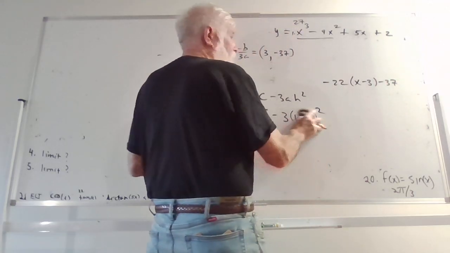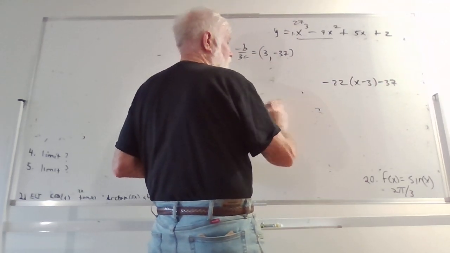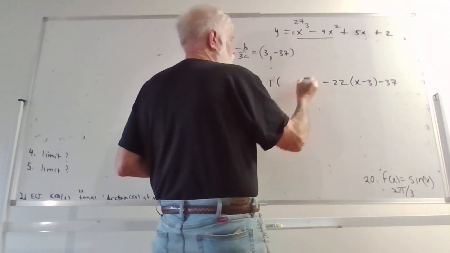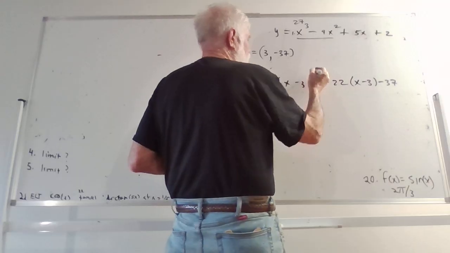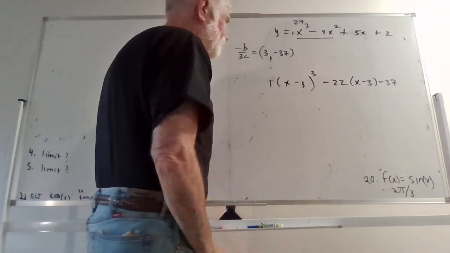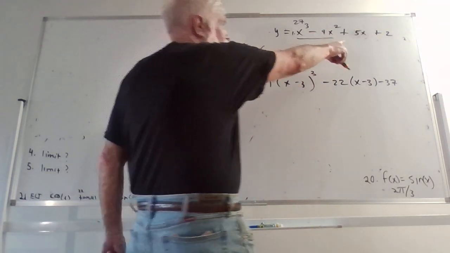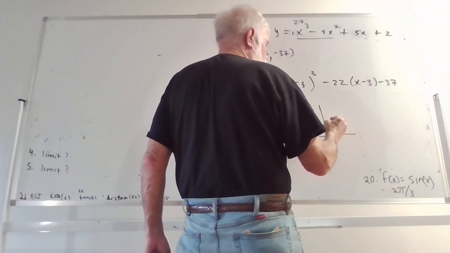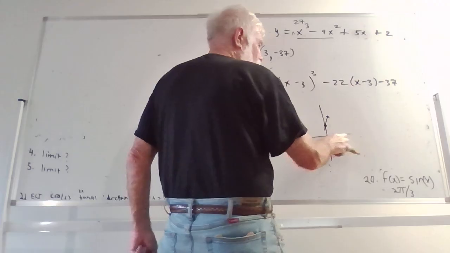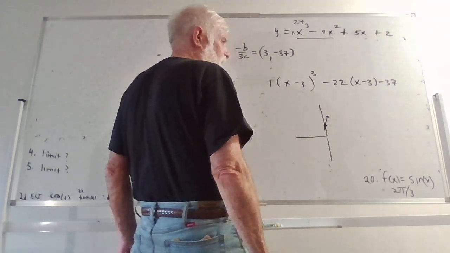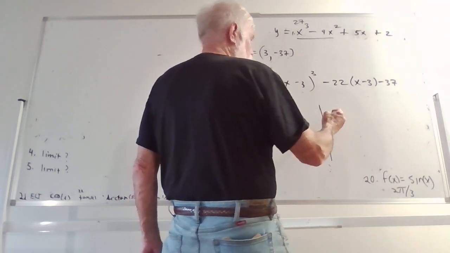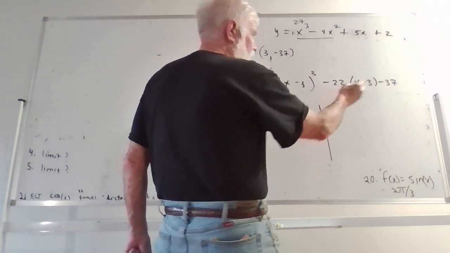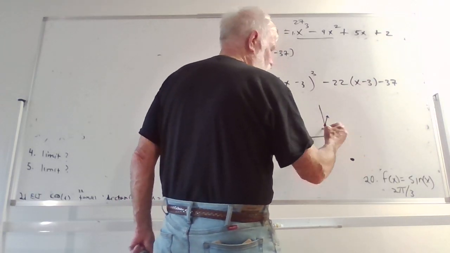All right, now, if you want to put this in graphing form, then all you have to do is take a, which is 1, x minus 3 cubed, and that's the graphing form. So we know that 5x plus 2 is the tangent at the point of intersection, so we're going up quickly. I don't know what those y values of max and mins are yet, but I do know that this is going to be going down at 3, negative 37, so I'm going down